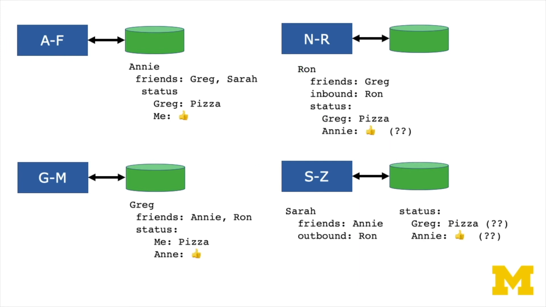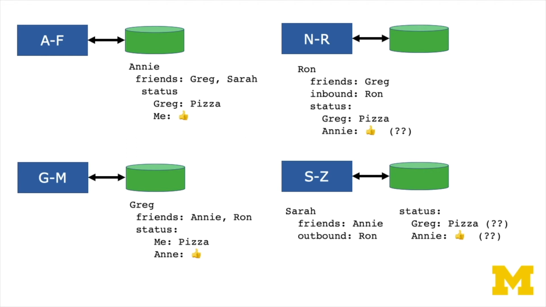And so at some point, you've got to get this fact that Annie did a thumbs up on Greg's pizza comment to the right places, so that when everyone logs in, they don't have to talk to any other servers to see their status line and how many likes and how many dislikes. So this is really dependent on lots of things, and you say, oh well, if Sarah is a friend of Annie and Annie liked Greg's pizza comment, does that mean that we often have to send Greg's pizza comment to Sarah and the thumbs up?